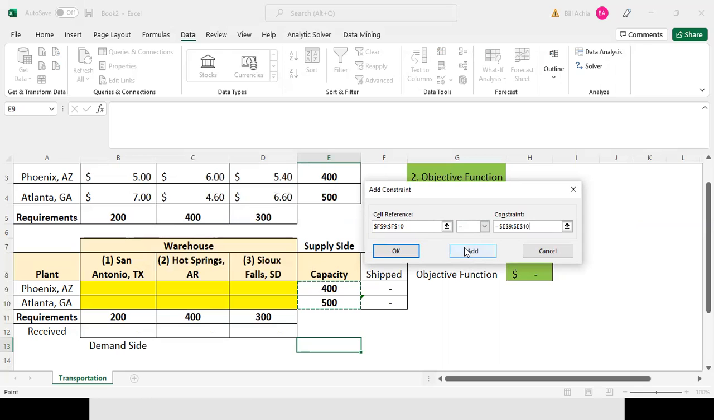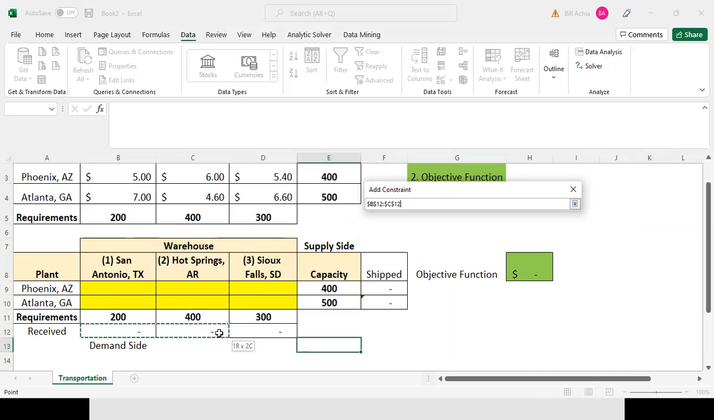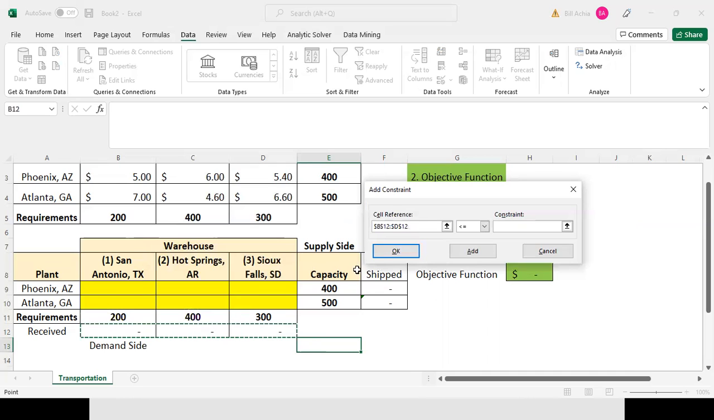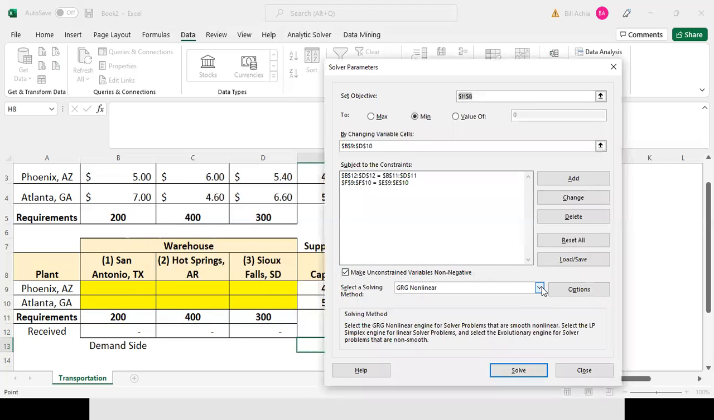Okay, so let's add our second constraint, which was that the amounts received into San Antonio, Hot Springs, and Sioux Falls should be equal to these three values here. We have 900 tons coming in, 900 tons that are demanded, so we use the equal sign. And then the last thing I'll do is make sure that I'm using the Simplex LP solving